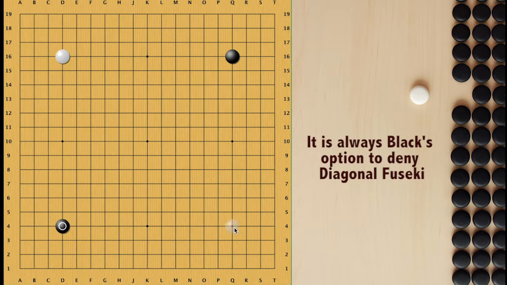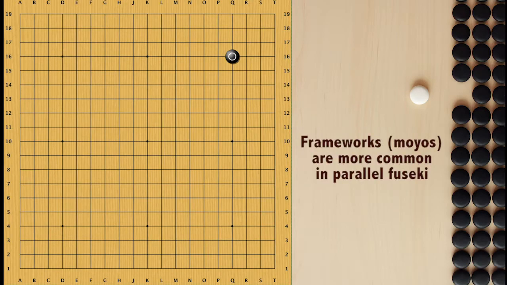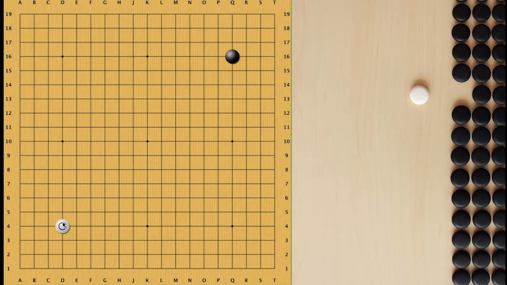So diagonal Fuseki will often create more intertwined groups, less large-scale frameworks, so we could say it's slightly more fighting. Although if you're a player who looks to make frameworks, it can still be done, but parallel Fuseki supports that. If you really like parallel Fuseki, you can force it, essentially, as white by playing diagonal of your